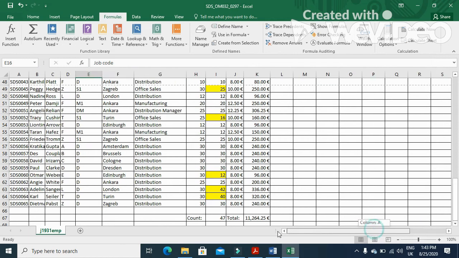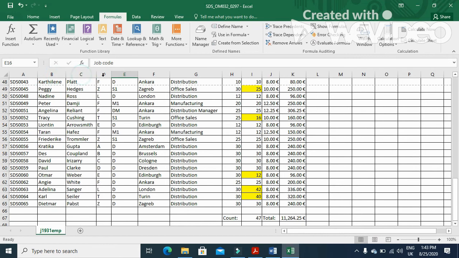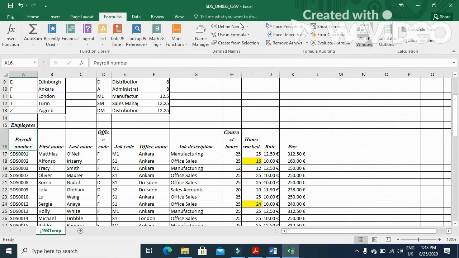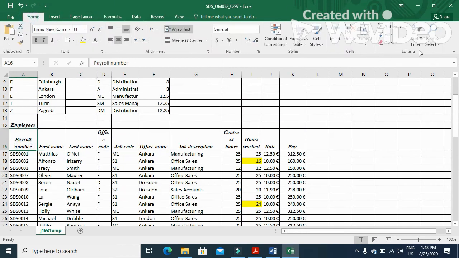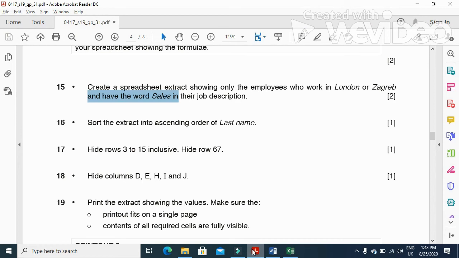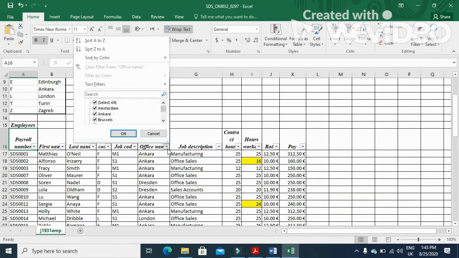Then we will move towards each and every column so that the data is fully visible. Now I'm going to click here, then click on Home and click on Filter. When you click on filter, all of them are selected. So what we are looking for is the location, the office, who work in London or Zagreb. So office name, select this one,